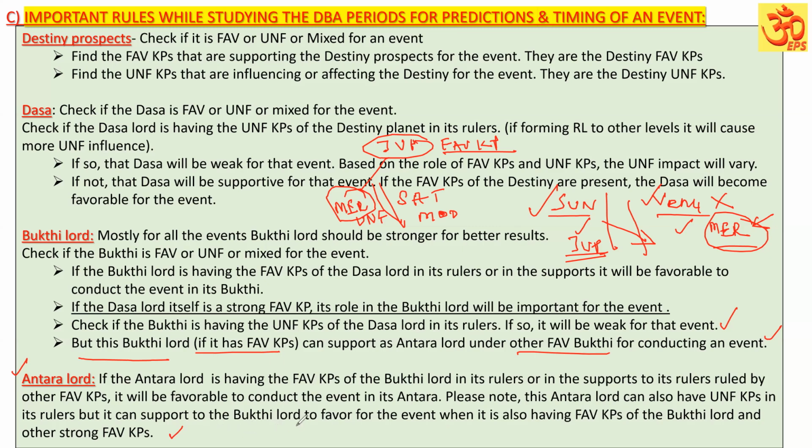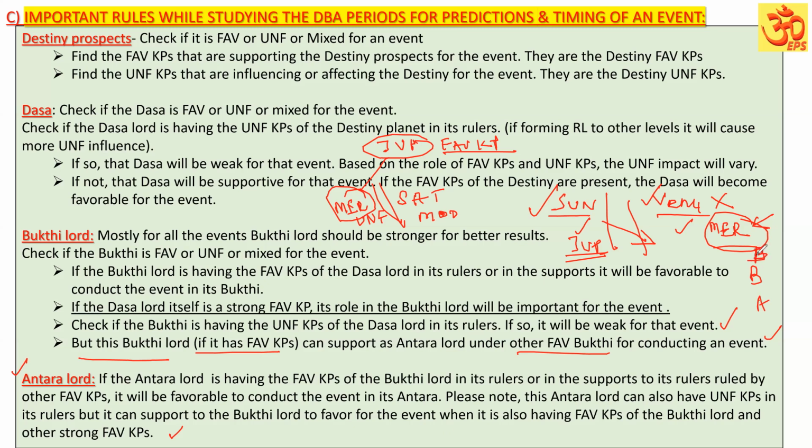It means the Antara Lord sometimes may not have all favorable key planets in its rulers. The Antara Lord can have some unfavorable key planets also, but if it is having favorable key planets of the Bhukti Lord, even if it is having some unfavorable key planet, it can support the event to happen during its Antara period. Because Antara period,